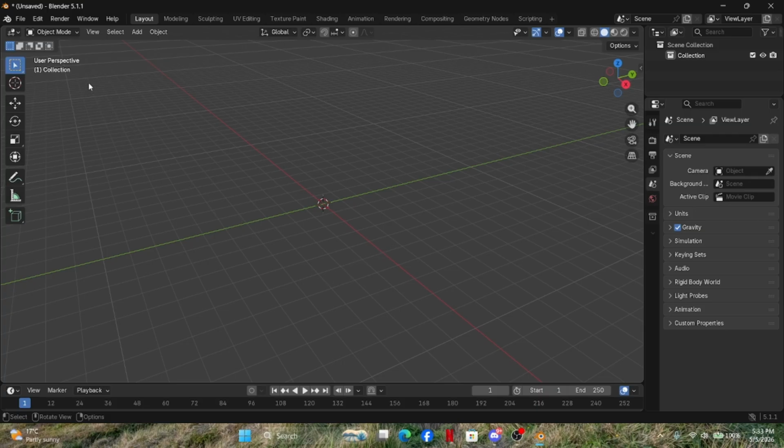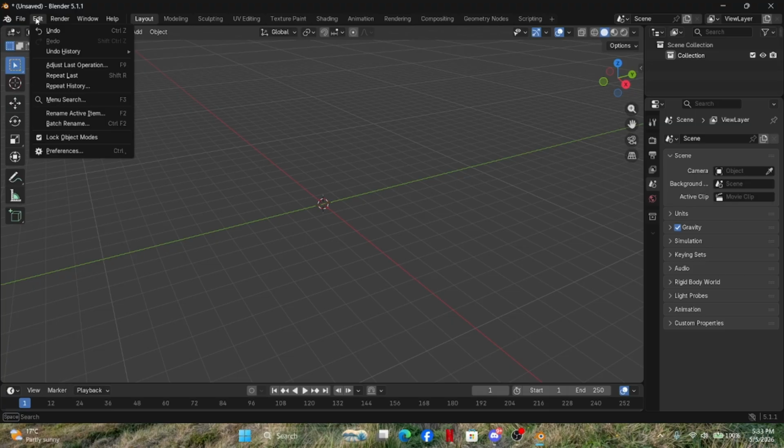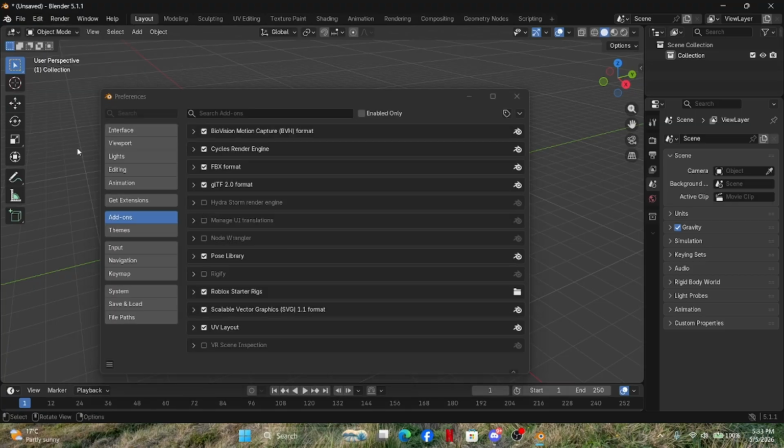Now, there's one thing that you have to know. You need the Roblox plugins into Blender. So going to preferences, to edit and preferences, going to add-ons,